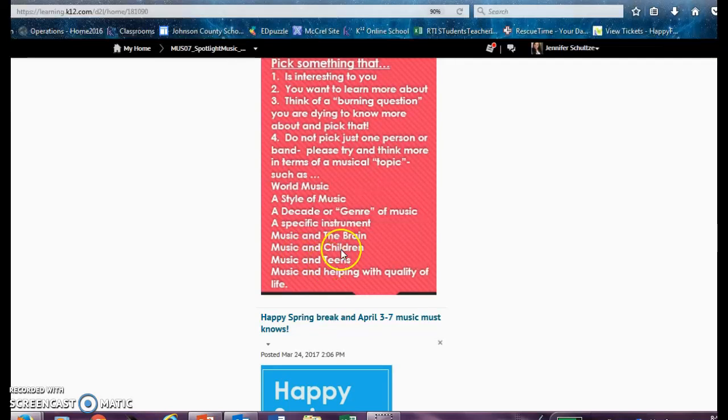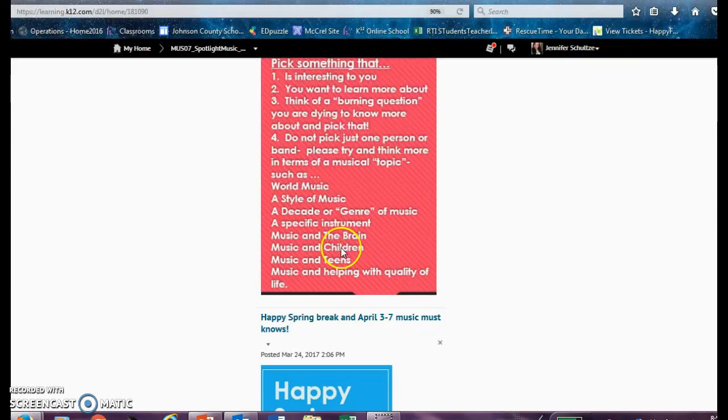If you want to find the information on the clarinet, where it came from, where it originated, what early clarinets looked like, and then maybe talk a little bit about the structure of how it was built, as well as what kind of styles of music it is known for. For instance, clarinet is known for lots of different styles in the 20s and 30s. So you could talk about that. You don't have to pick that, but that's just a suggestion or an idea.